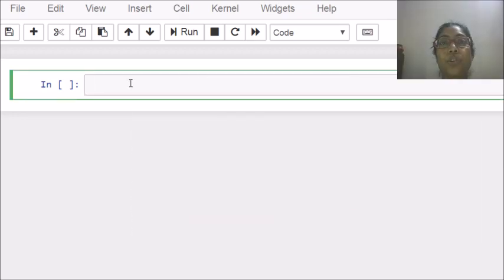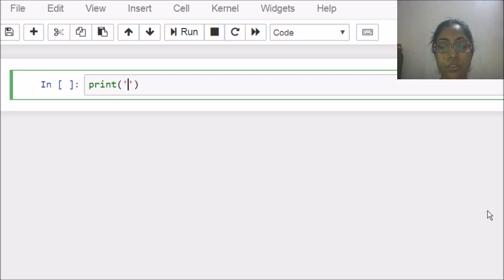If you want to print something on the screen, there is a function called print. Inside this print function, you have to write the statement whatever you want to display on the screen, the output you want to provide to the user. Whatever you write, you have to use quotes for it. Single quote or double quote, both are allowed in Python. I am using single quote and I am writing a string inside it.